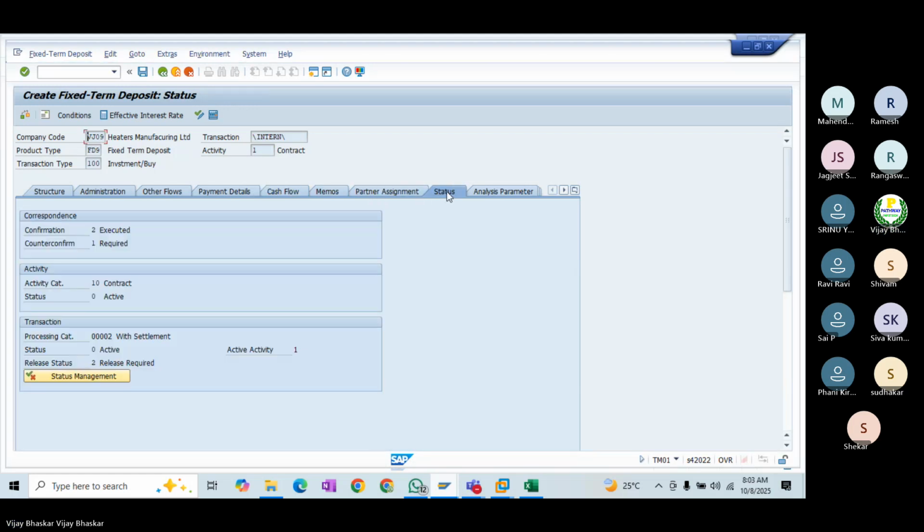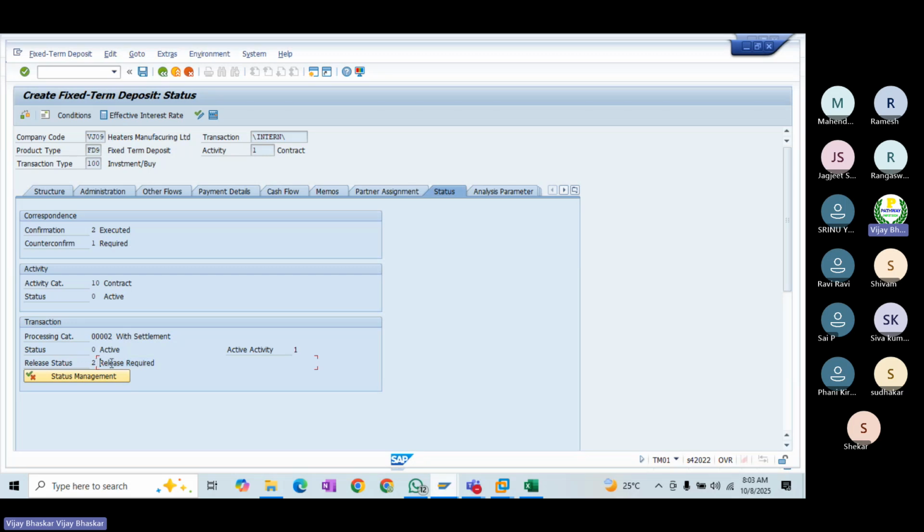Status. You can see that the moment I'm creating a deal, the system is giving the information here: release required. Earlier, we had not seen this release required option at the status level. Now, because of the workflow setup, the release is required.